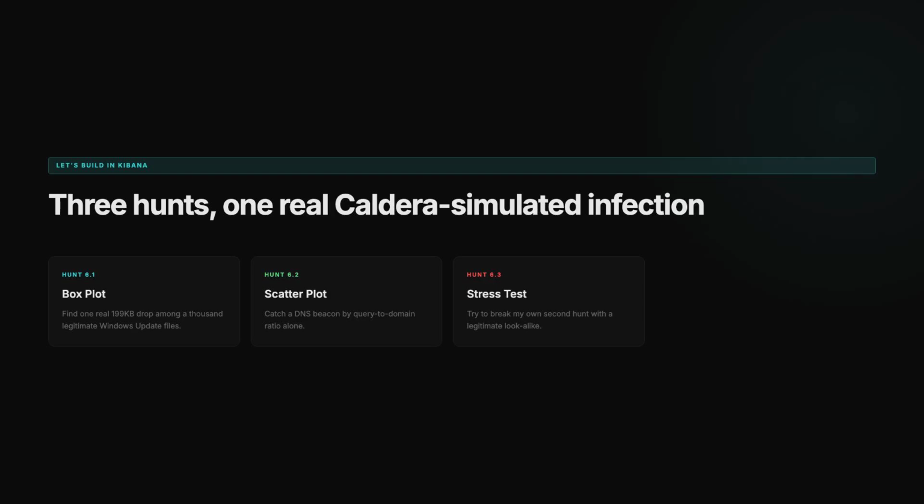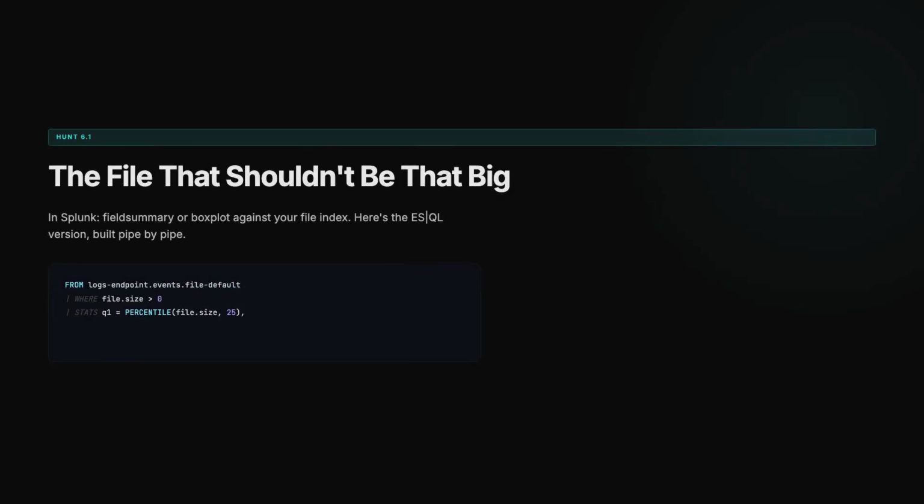All three ran against a real Caldera-simulated Raccoon Stealer infection I triggered in this lab today. Nothing here is synthetic or pre-staged. Let's go. Hunt 1. In Splunk, you'd start this with fieldsummary or boxplot against your file index